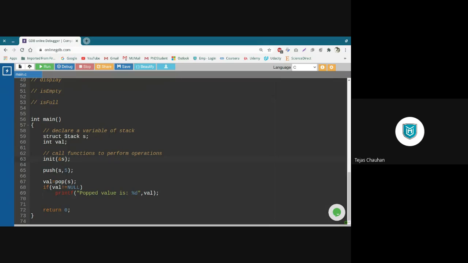So here we need to pass &s. I'm going to pass the address of my stack, and that's going to happen everywhere. Whenever I pass my stack variable, I should pass the stack address. Now this 5 is just a value, and if a copy of that value is generated, I don't have any problem. So I'm not going to send the address of this value, just the address of our original stack. Okay.